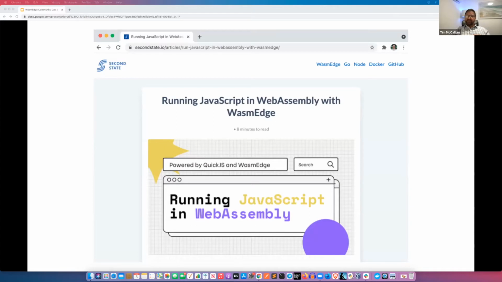So JavaScript in Cloud Native WebAssembly is still an emerging area, and this is sort of like the next generation of cloud and edge computing infrastructure. So we're literally just getting started, just getting warmed up. There are many awesome use cases for this, and we'd love to hear from you, the community, in terms of